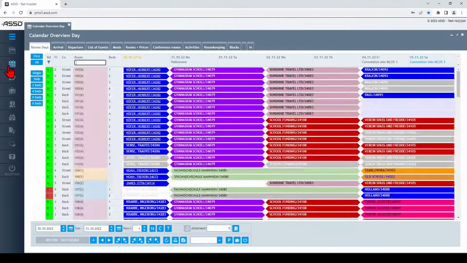Today we want to look at how we can check out all the guests on our departure list at the same time. It happens that our guests leave the hotel without coming to the reception and checking out. Then we have to check if they have really left the room. After we have determined this, we can check out all guests on our departure list in the daily overview at